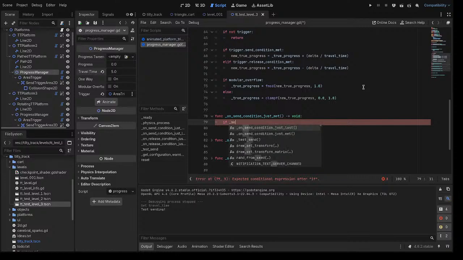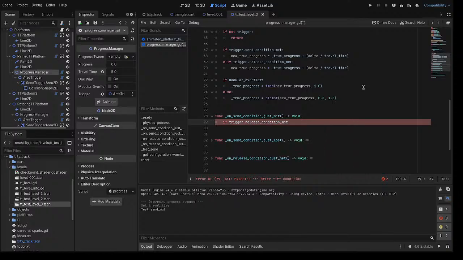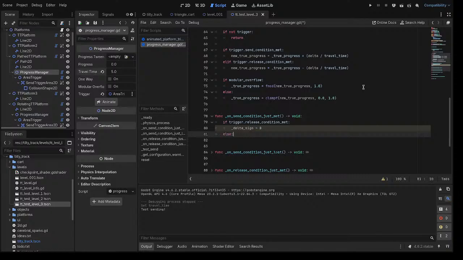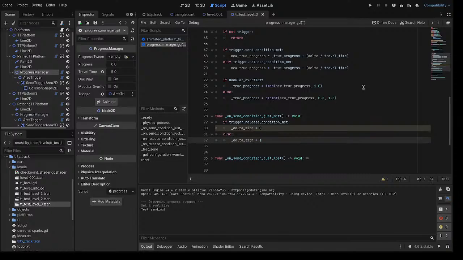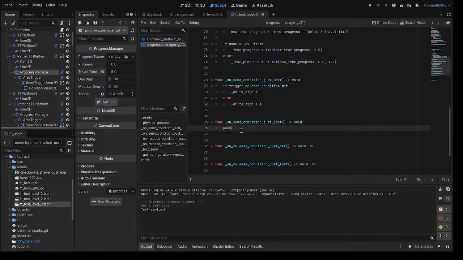Let's see here. And if the release condition is met, so if you're both sending and releasing, this should be 0, else it should be 1. If you just lost it,